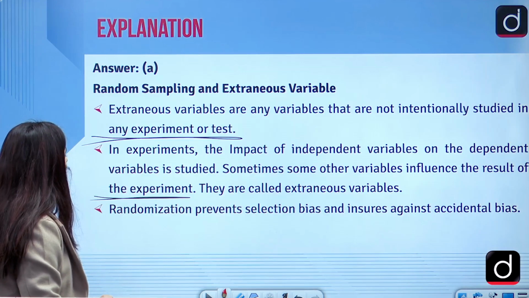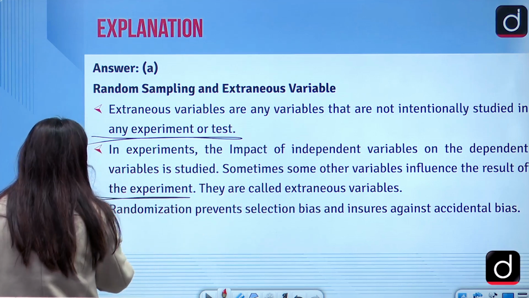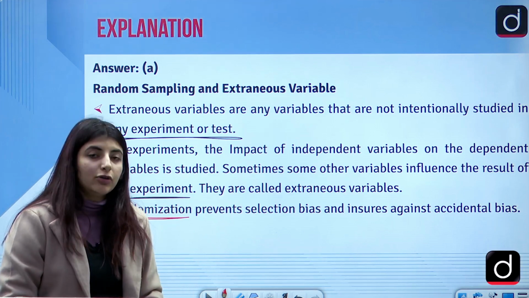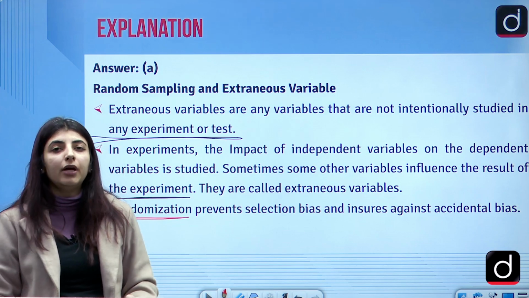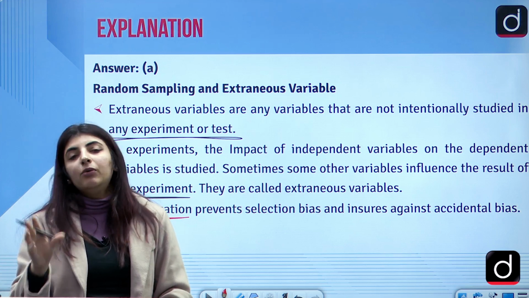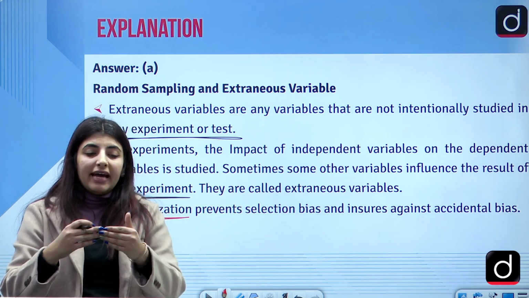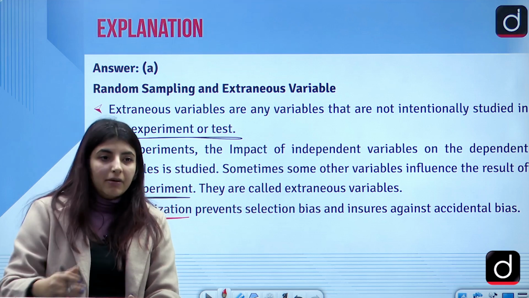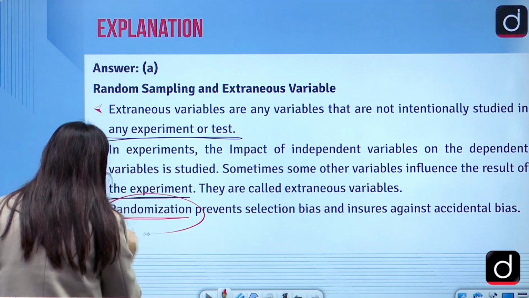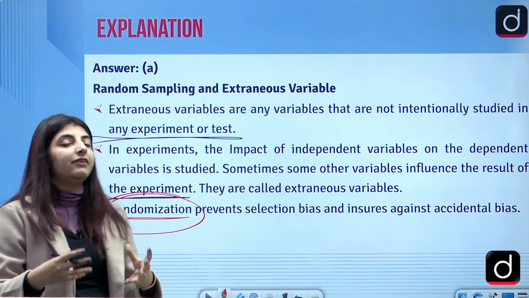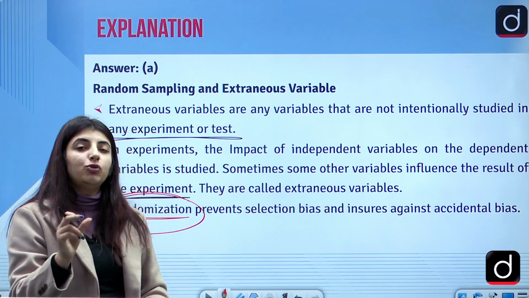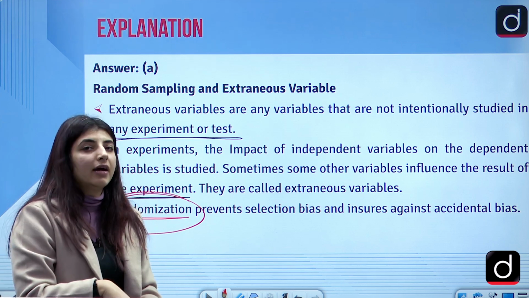And now the second statement, let me just read it from here. What is randomization? Randomization is something you come across when we talk about questions related to sampling techniques, or if you have studied sampling techniques on your own, you would have come across this very statement, random, right? In probability sampling, we have randomization, which is where every individual, every participant, is getting an equal chance of being selected. So if we talk about randomization here, if I'll be choosing participants, if I'll be choosing certain questions in a random manner, and the students are aware that the test is going to happen, but I'm choosing certain random questions,